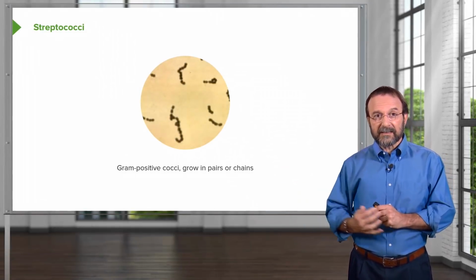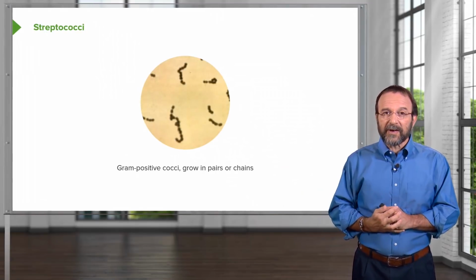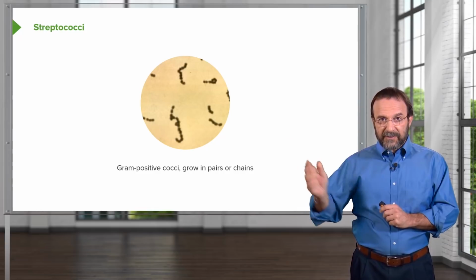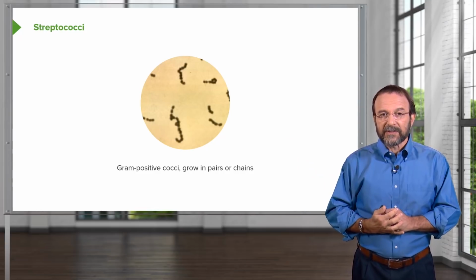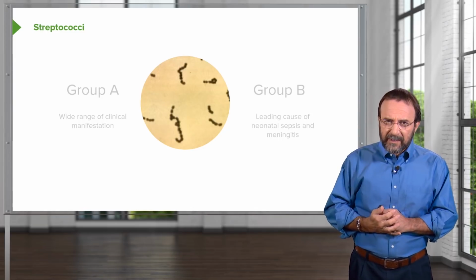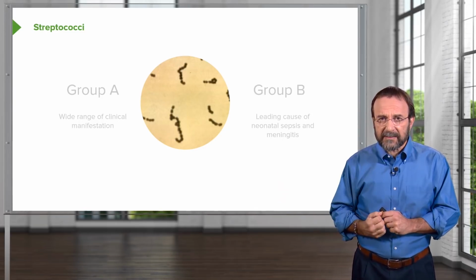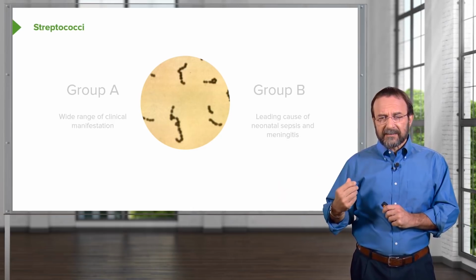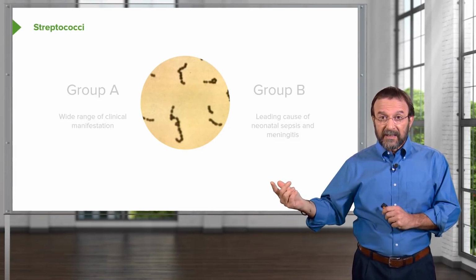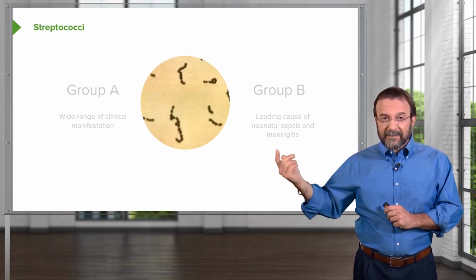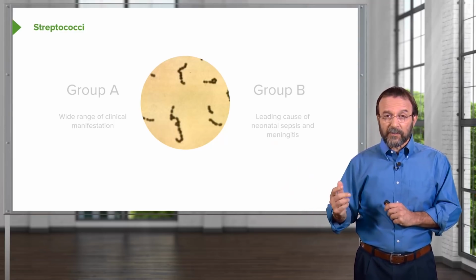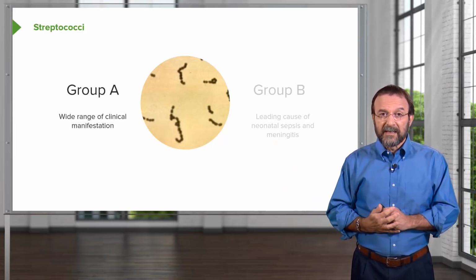Let's move to another coccus, streptococci, also gram-positive cocci, growing in pairs or chains, as you can see in this micrograph of the organism. We put them into 2 groups. There are a number of different ways to categorize streptococci. So if you decide by listening to this lecture you want to go read about streptococci, you may find other classifications, and you will say, Racaniello didn't know what he's talking about, but there are just many ways to do it. And so I'm going to tell you one way because we can't tell you all ways, and that is